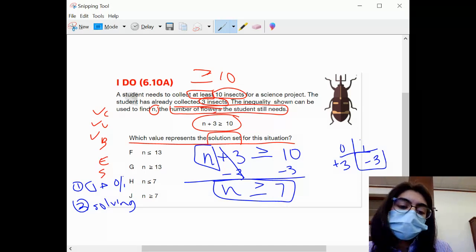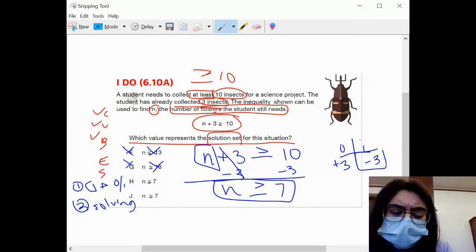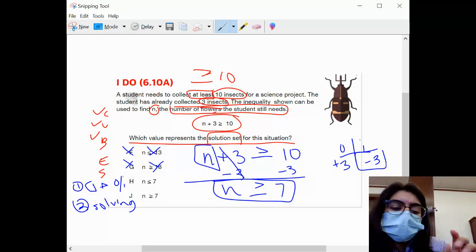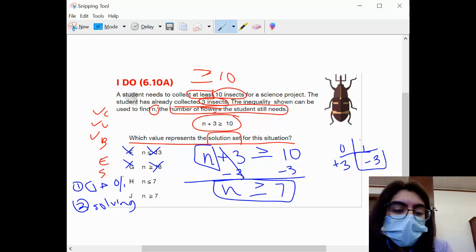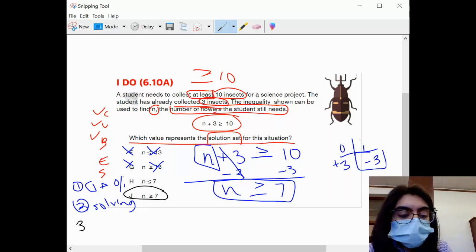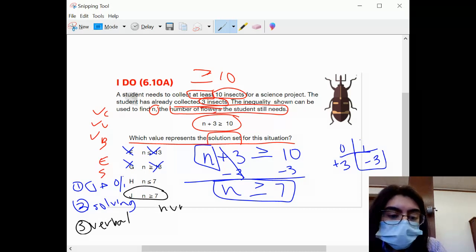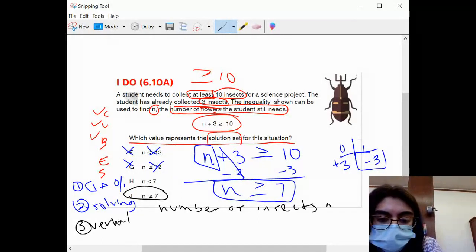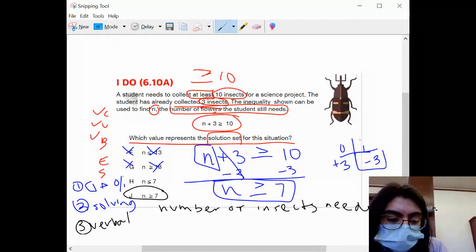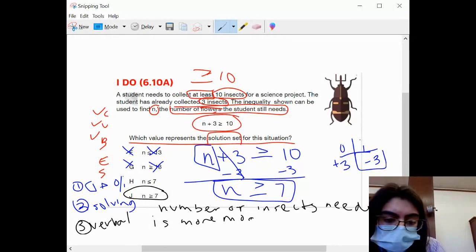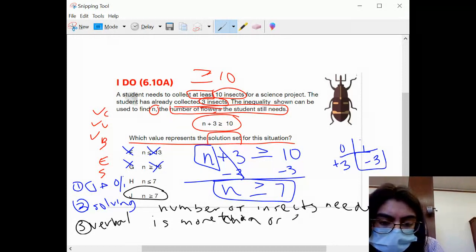Let's go ahead and rule out some answer choices based on that. I know that F and G don't make any sense because where did the number 13 even come from? Now we have to decide between H and J. So I think it looks like J because I see the same symbol, but let's verbalize it just to be sure. So what I see here is that the number of insects needed is more than, that's what that symbol means, more than or equal to